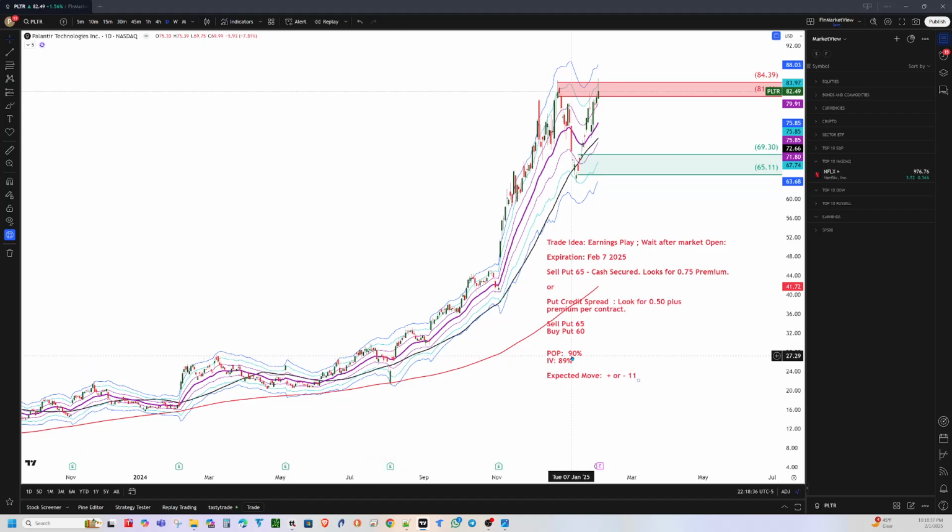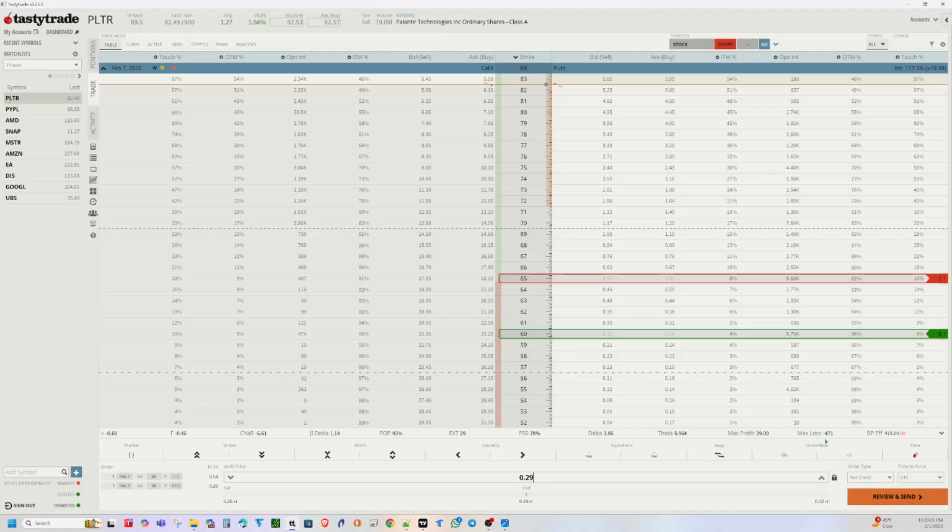which is probability of profit, is 90%. So POP is good, high volatility is good, and we are selling this spread very close to the strong support area. So this is a high probability trade idea. You could look at one contract. Basically, when you take one contract and sell 65, buy 60, the max loss